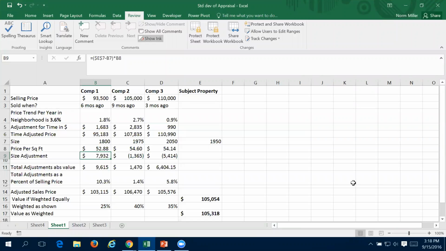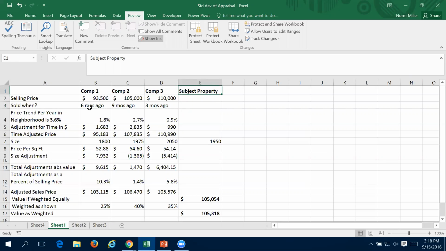So I'm assuming you know something about appraisal before listening to this discussion. But in this spreadsheet, I'm only going to make 2 types of adjustments, one for time and one for size. I simply want to get adjusted selling prices to illustrate the technique. So the selling prices for 3 comps are shown here, and I want to know what the subject property is